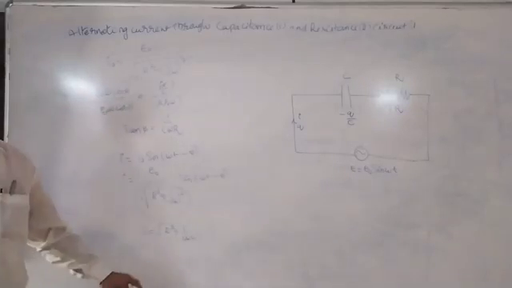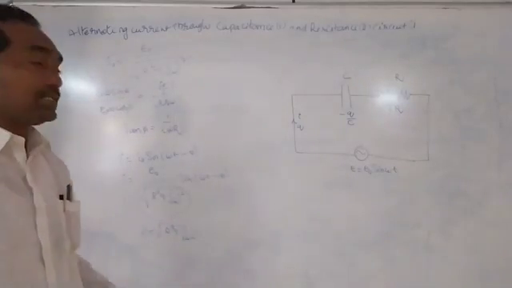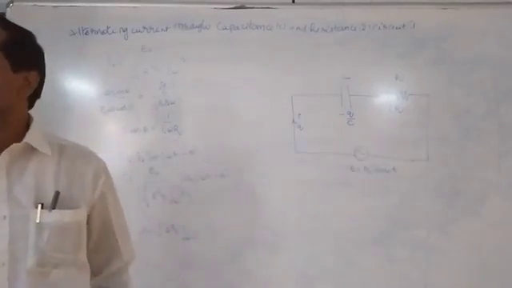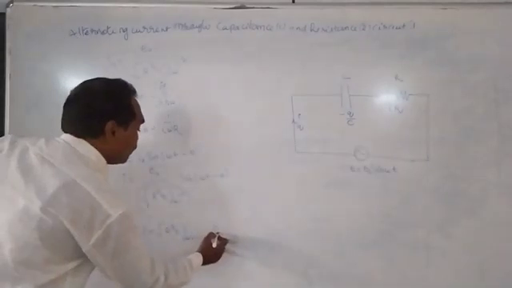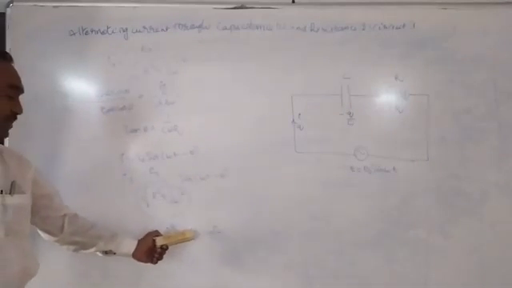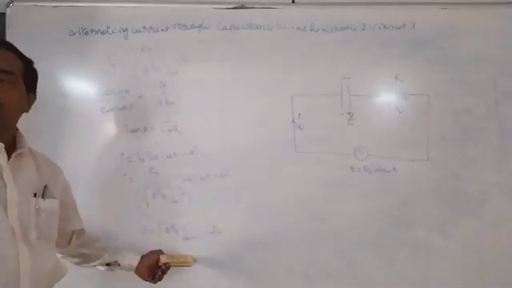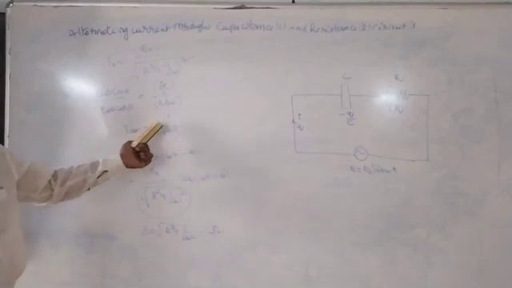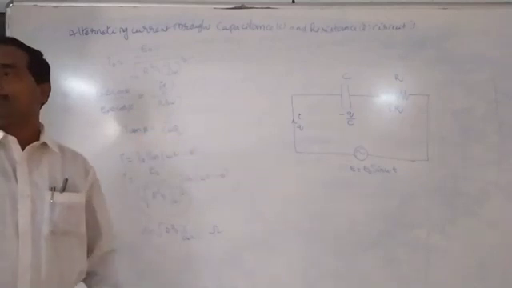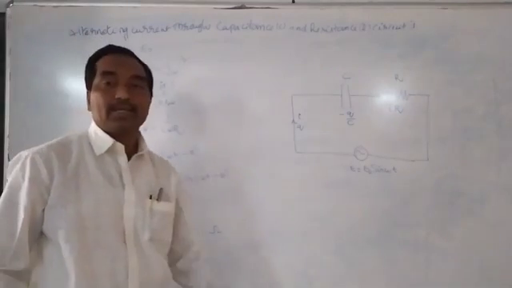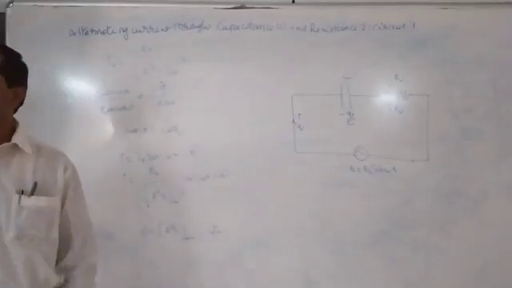What is impedance? Impedance is also resistance, that is the resultant resistance of the total circuit. Of course, its unit is also ohm. Now impedance Z is equal to square root of (R square plus (1 by C omega) whole square), and the alternating current is this one. The phase difference is tan phi is equal to 1 by C omega R. Okay, this is the analysis of the alternating current through the CR circuit.